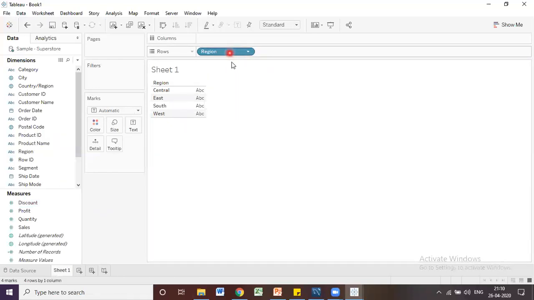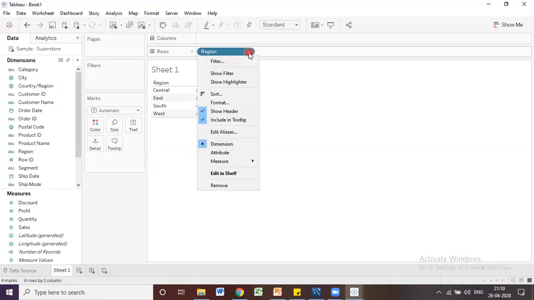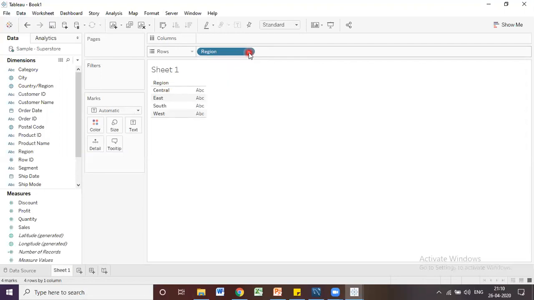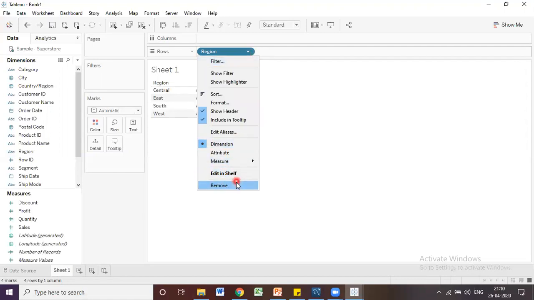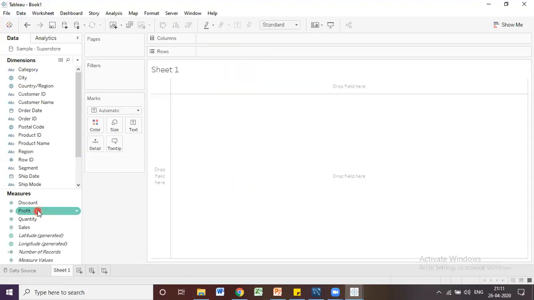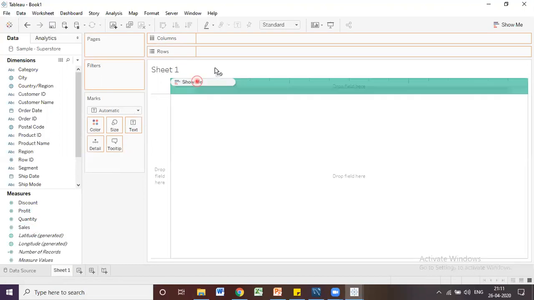This is a discrete field. Can we convert this to continuous? Sorry, only measures we are able to convert. Now let me remove this field and drag sales into my rows.